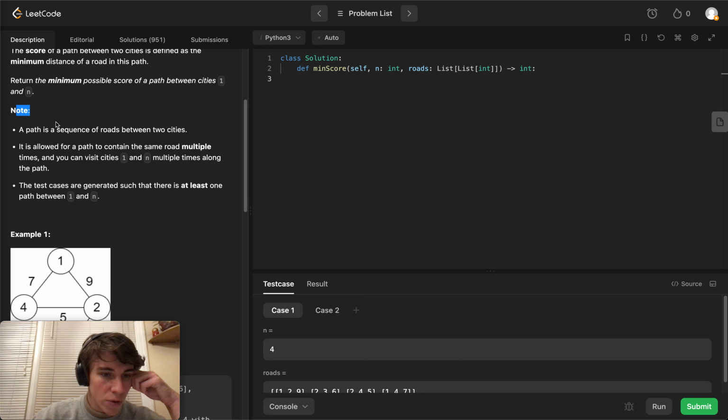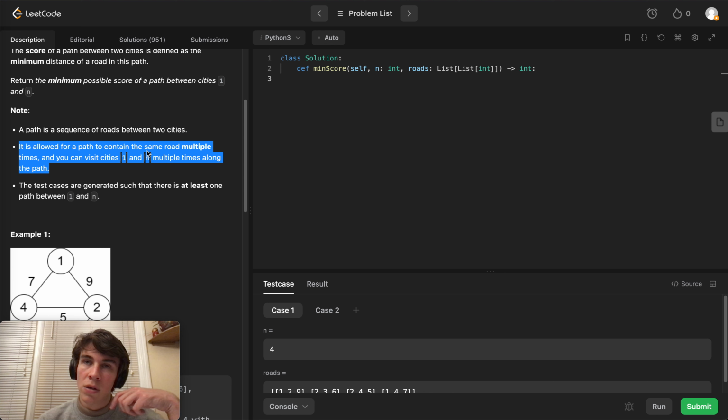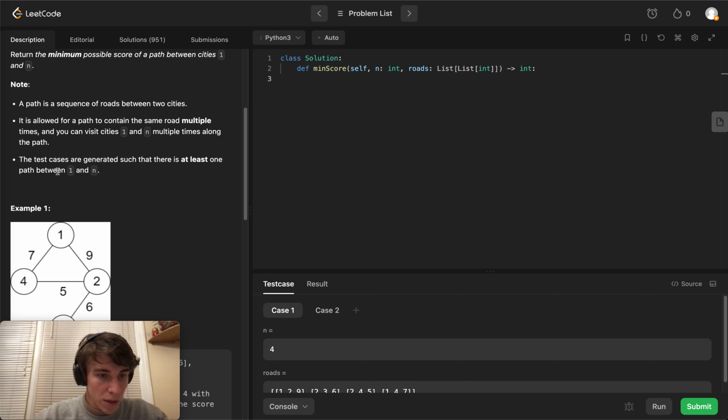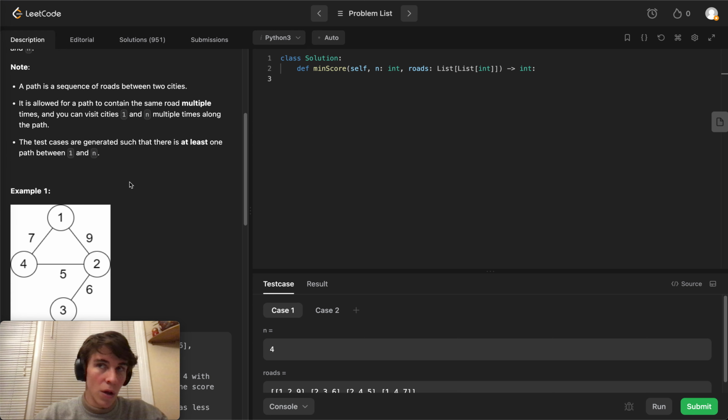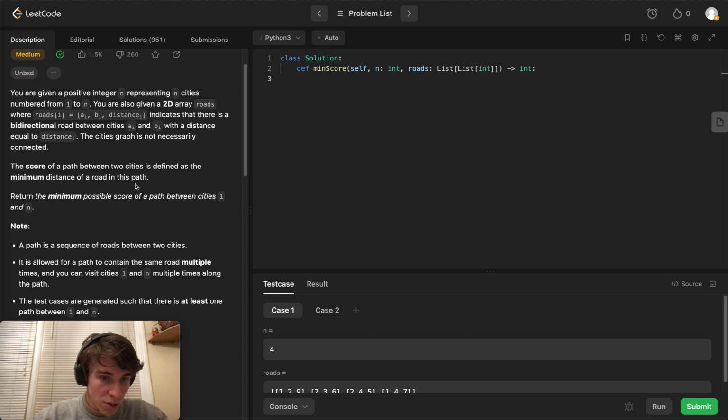Let's see. Note, a path is a sequence of roads between two cities. That all makes sense. It is allowed for a path to contain the same road multiple times. Why would that ever happen? Okay, I'm reading all of this, and right away it doesn't entirely make sense. Let's see if we can make some more sense later. The test cases are generated such that there is at least one path between 1 and n. So although cities are not necessarily connected, there is at least a path between